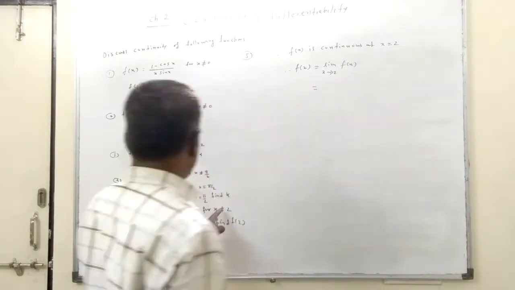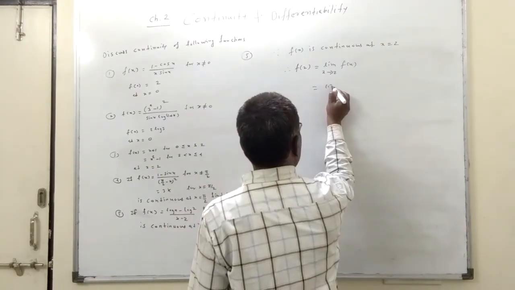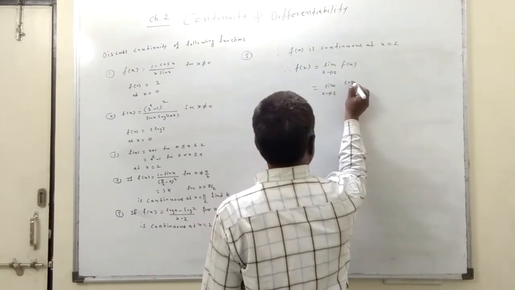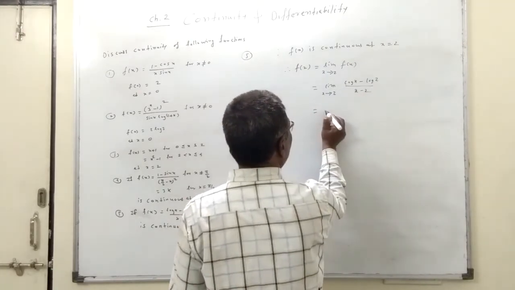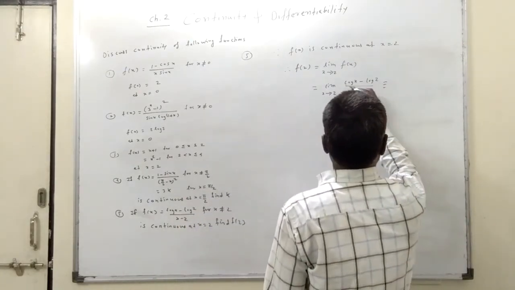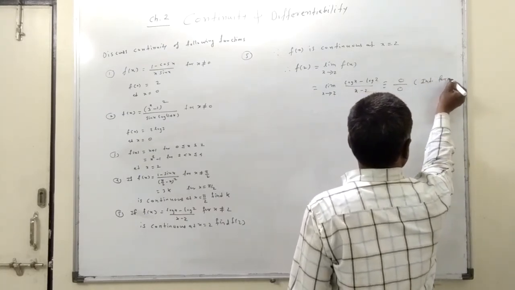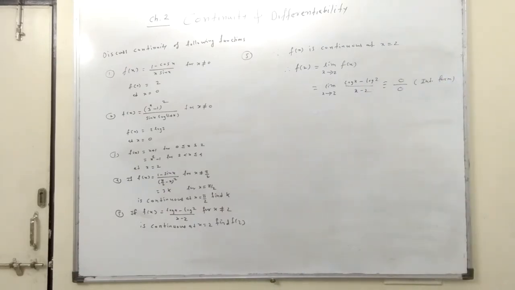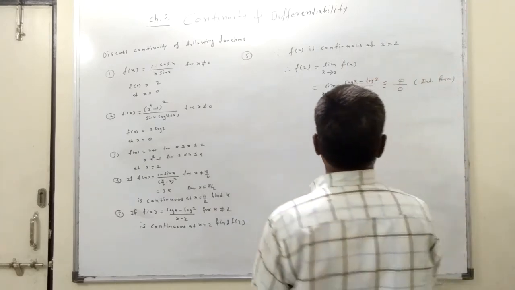Now the function is given here for x not equal to 2. So limit x tends to 2 of log x minus log 2 divided by x minus 2. Now here by the direct method, log 2 minus log 2 is 0, 2 minus 2 is 0, an indeterminate form, so the direct method fails. Now the function is a logarithmic function, so to take the limit of the log, the limit x tends to 0 is required. You know this: the limit x tends to 0, log 1 plus x upon x is 1. So that formula we will use.